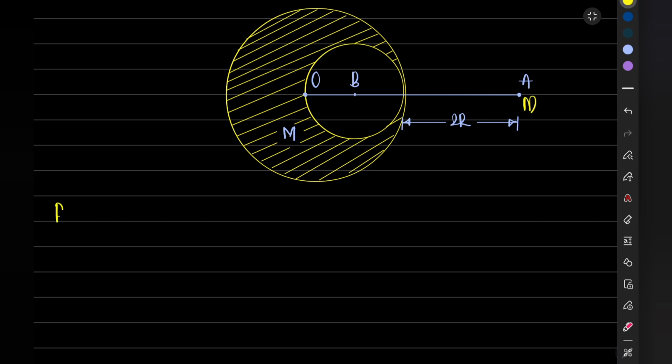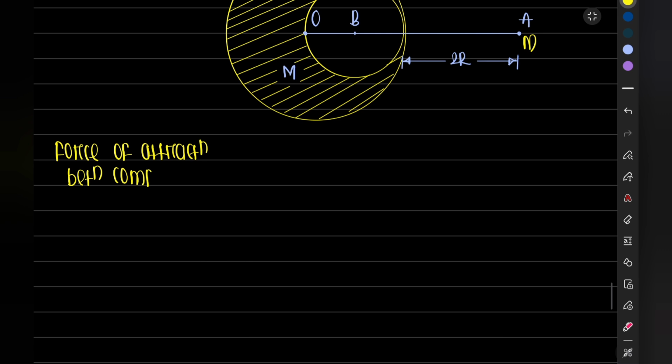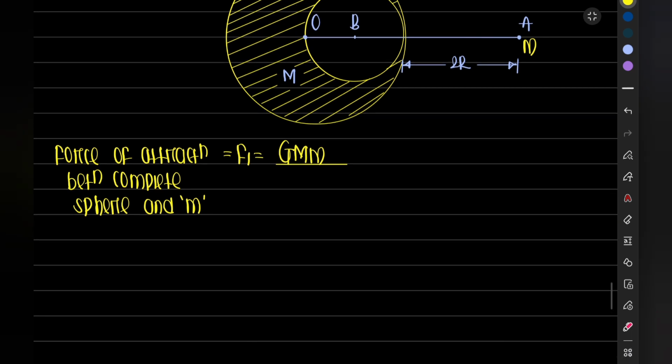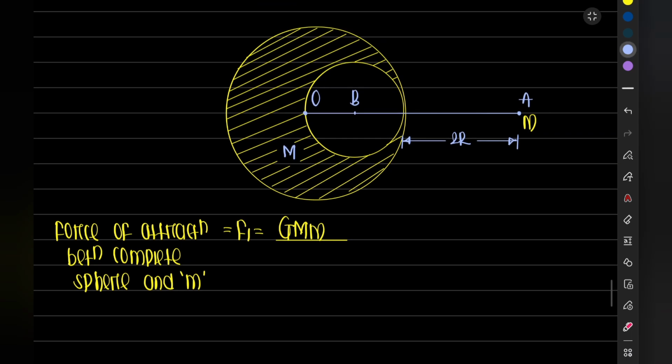The force of attraction between the complete sphere and small m is nothing but F1 as per the question, which will be equal to G capital M small m upon the distance squared, because the mass of the complete sphere is capital M. The distance between the center of the complete sphere and small mass m is 3r,